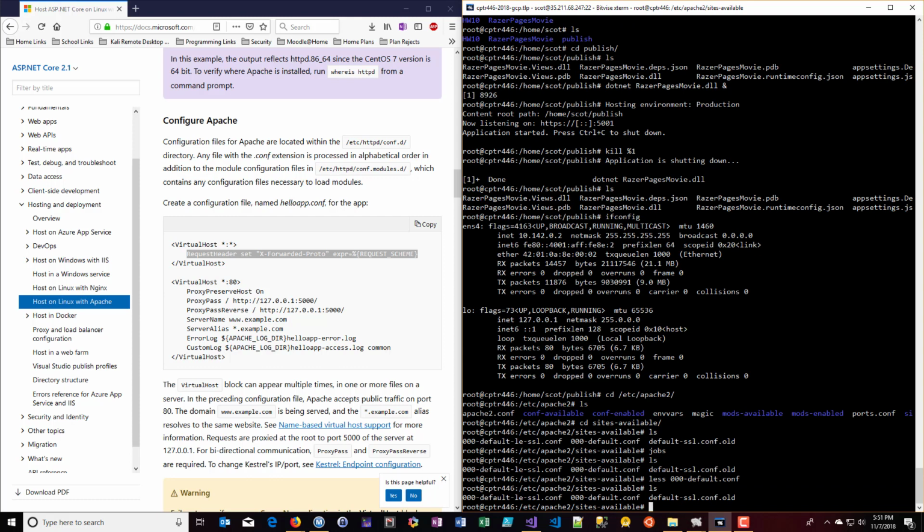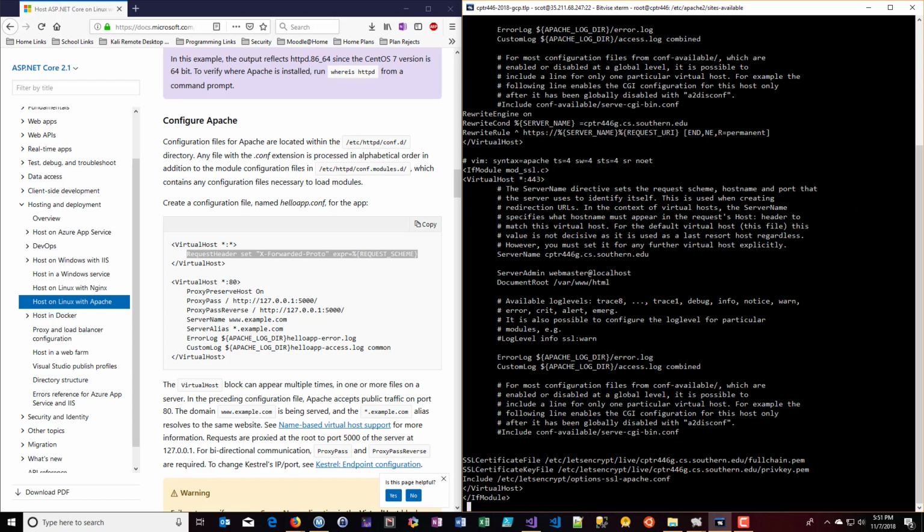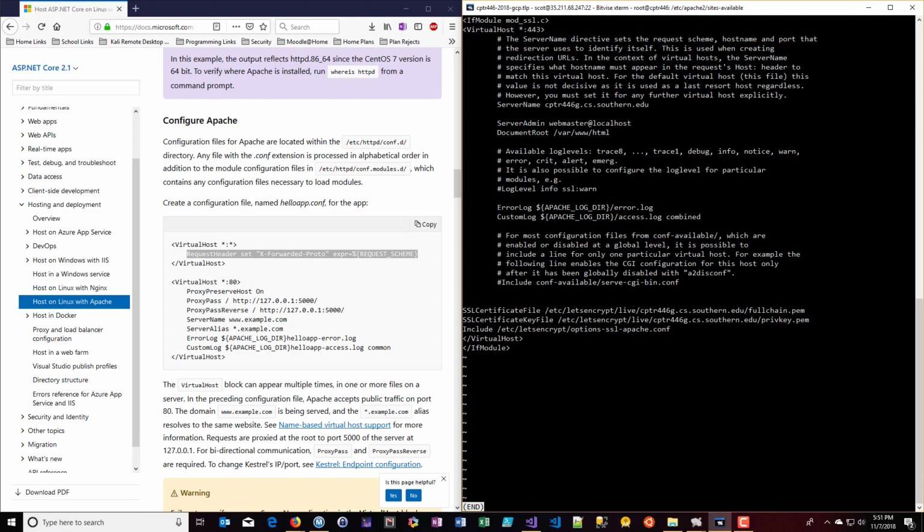That's actually going to be in our 000-default-le-ssl.conf, for Let's Encrypt SSL, and this is by default put in there. When I made the Let's Encrypt certificate, it went straight from the 000-default and created this other one. So let's look at default-le and look at that one. This one also is not very long actually. This has a virtual host, and we set our virtual host to *:443, and then we have a server name, which is for cptr446g.cs.southern.edu, the server admin, which hasn't changed, our document root, which hasn't changed, our error and custom logs, which haven't changed,